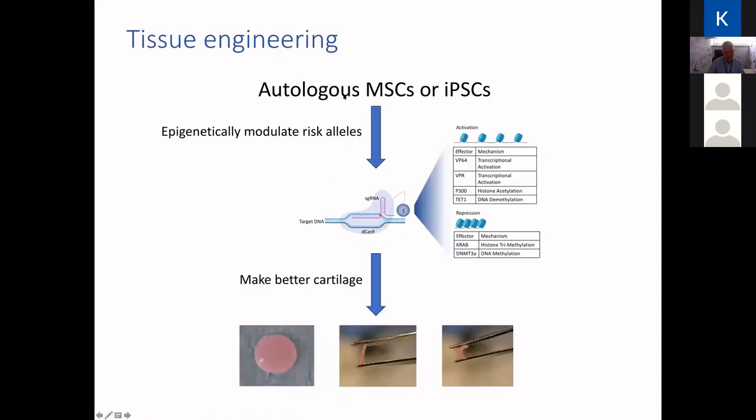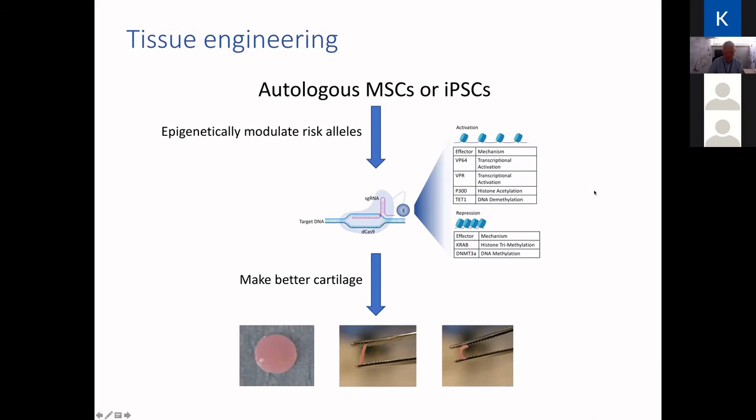And then the other thing is tissue engineering. So if we're able to identify risk alleles for osteoarthritis, and then we're able to identify what those risk alleles are actually doing, are they altering expression of particular genes, can we then somehow intervene to try and overcome that effect, to attenuate it to some degree? And this, I suppose, is where the epigenetic side of things may be of particular value. If we know that a polymorphism is, for example, leading to increased methylation or demethylation of a region, then we may be able to epigenetically modulate a particular region and enhancer to alter the expression of a gene.